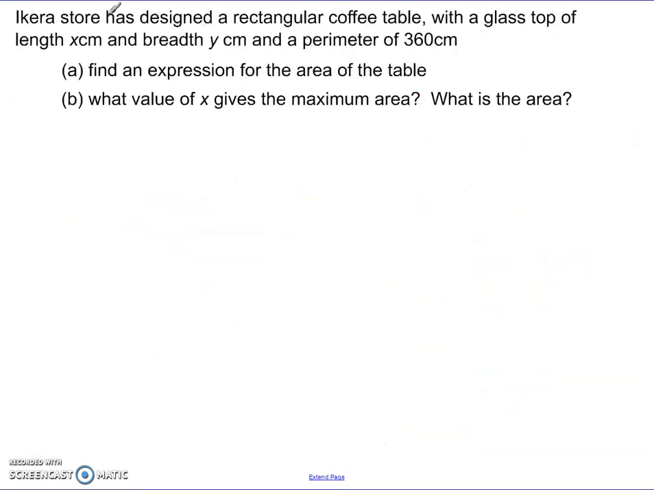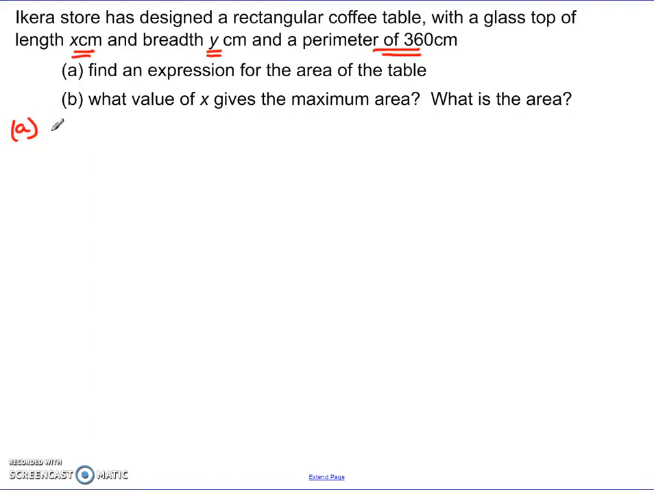The next question was looking at the store with a rectangular coffee table with a glass top. Now this one starts by getting you to find the expression for it before you then go on to look at maximum or minimum. The example we did in the previous video looked at something like this where you had to come up with the expression. A lot of the time you'll get something like this where you've got two variables, starting with your area,